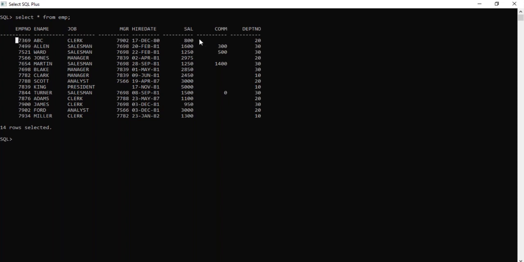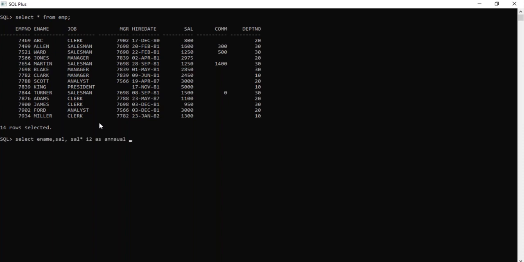We'll go first for arithmetic operators. See, this is my salary. Let's consider this is monthly salary. I want to get how much the employee is getting per year, that means annual salary. So how will we do that?